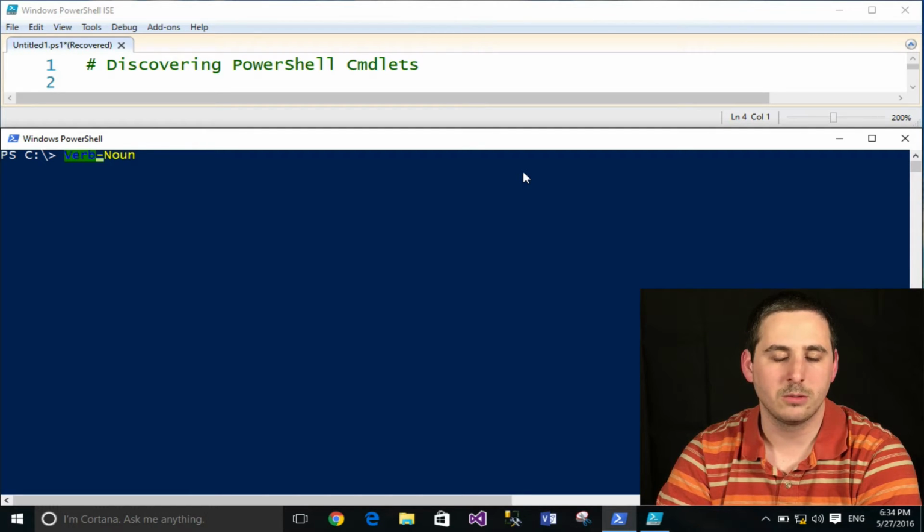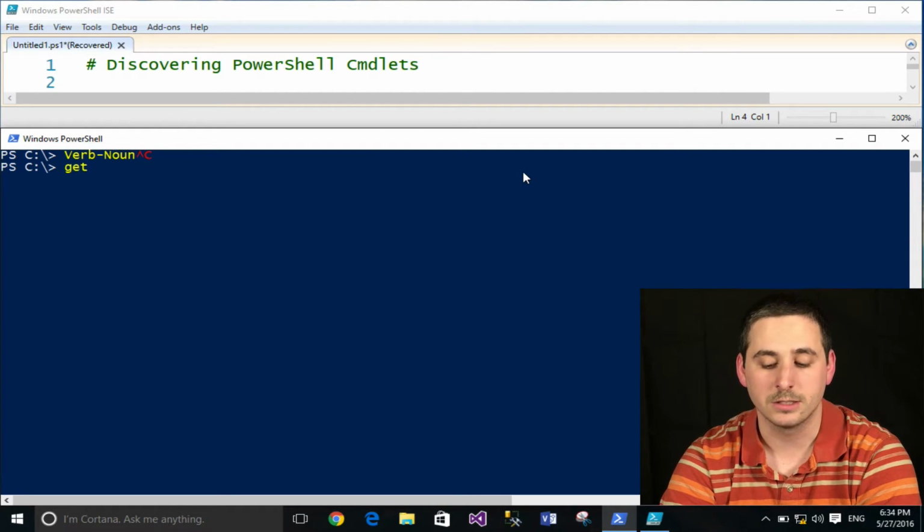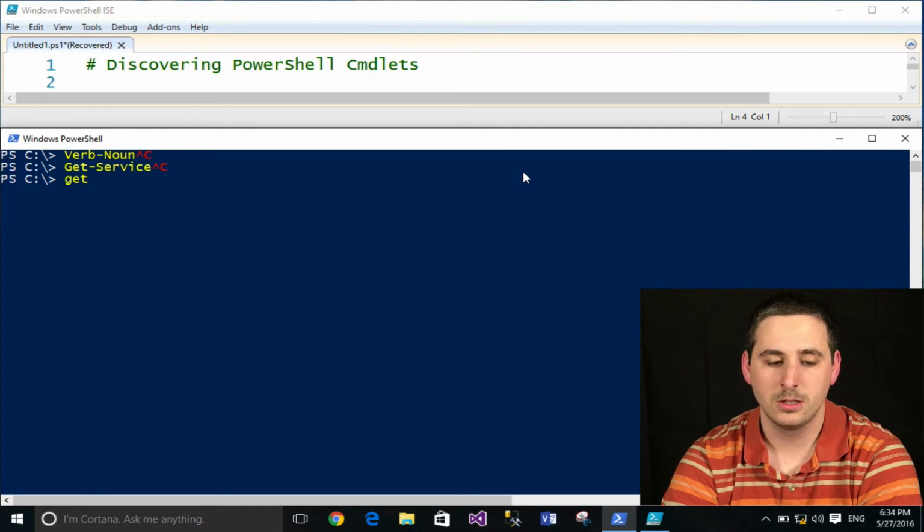The verb is simply an action followed by a dash, and the noun is whatever you're applying the action to. So for example, if I want to get a list of services, there's a command called Get-Service. If I want to get processes, there's a commandlet for that called Get-Process. If I want to, let's say, restart this computer, there's a commandlet for that called Restart-Computer. Probably starting to get the hang of this. If I want to restart a service,